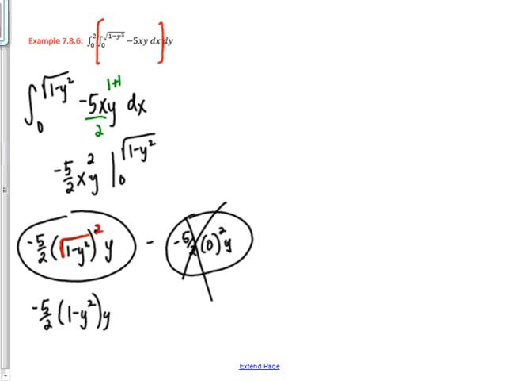So let's think about that as negative 5 halves y times 1 minus y squared. That's a little bit easier to see. You're going to distribute the negative 5 halves through the front and the y through the back, so let's just write it like that. So we got negative 5 halves y plus 5 halves y cubed, right? Okay, so now go grab the 0 and the 2 from the outside, grab what you just got,